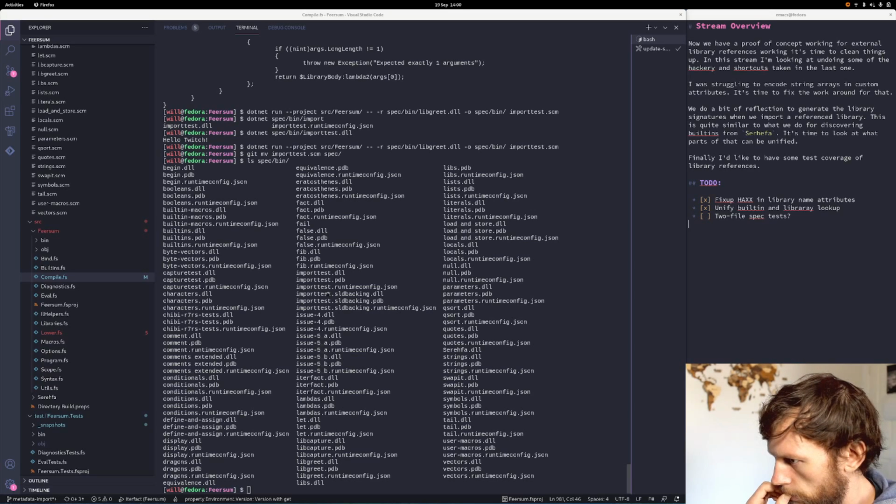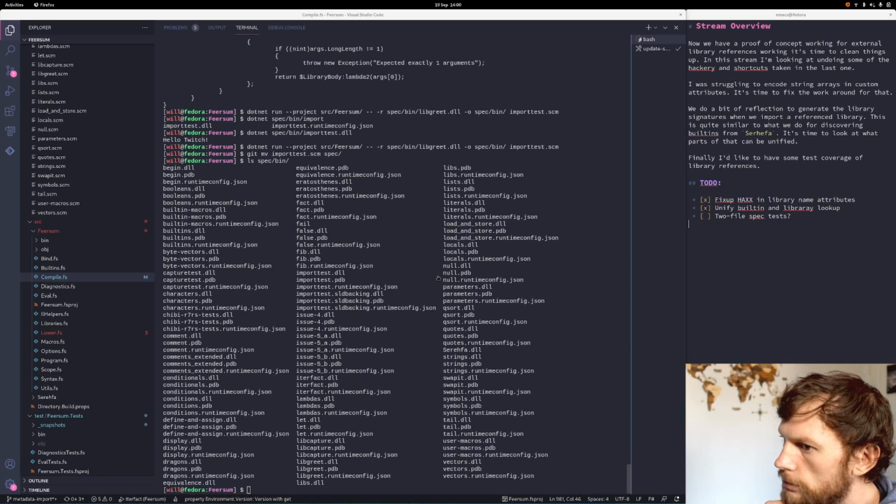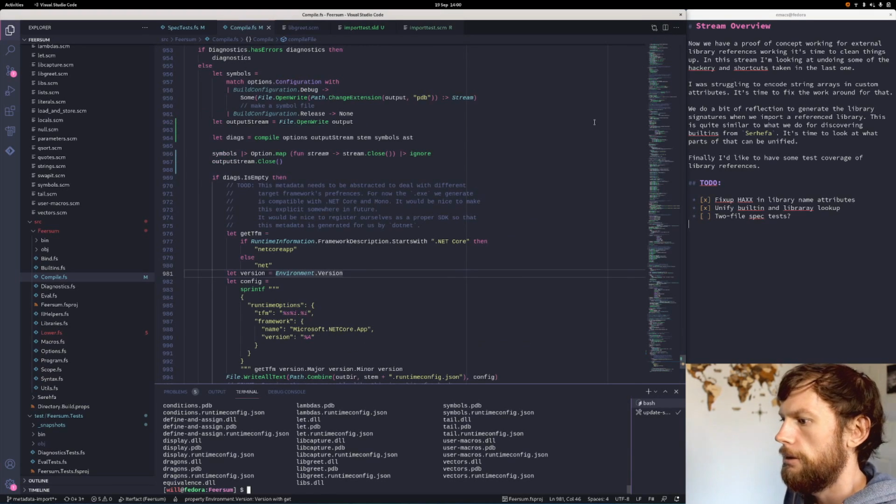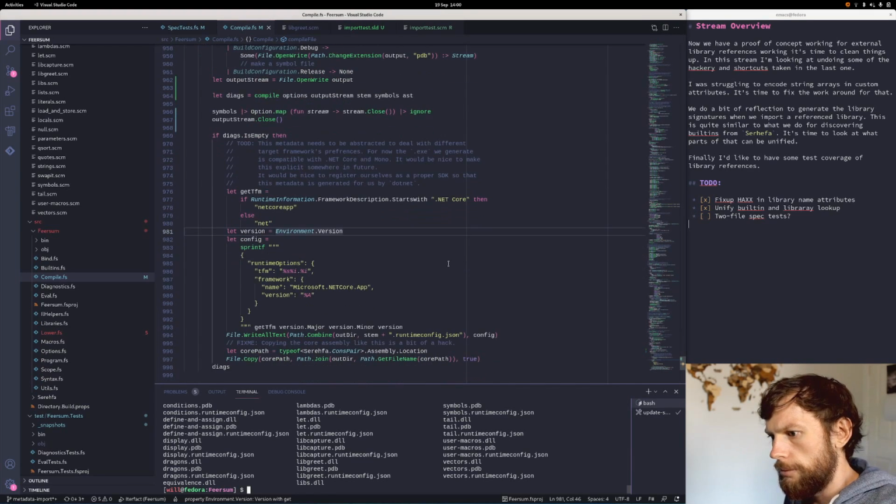So we have, hopefully, now this is the thing, it's like we've got import test SLD backing runtime config. We probably shouldn't have that file. I think